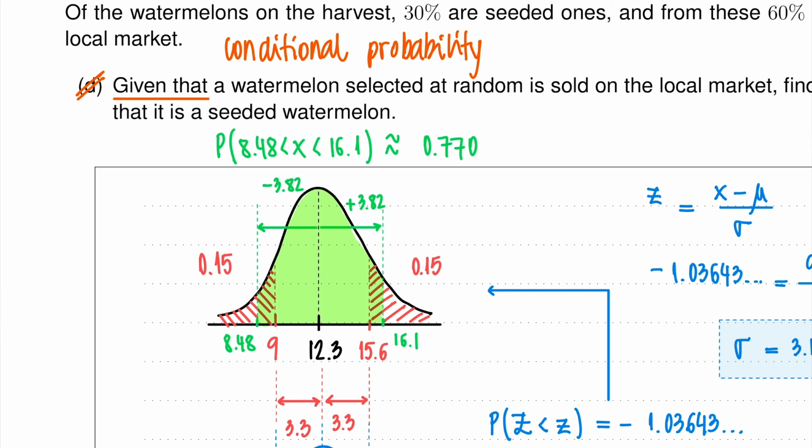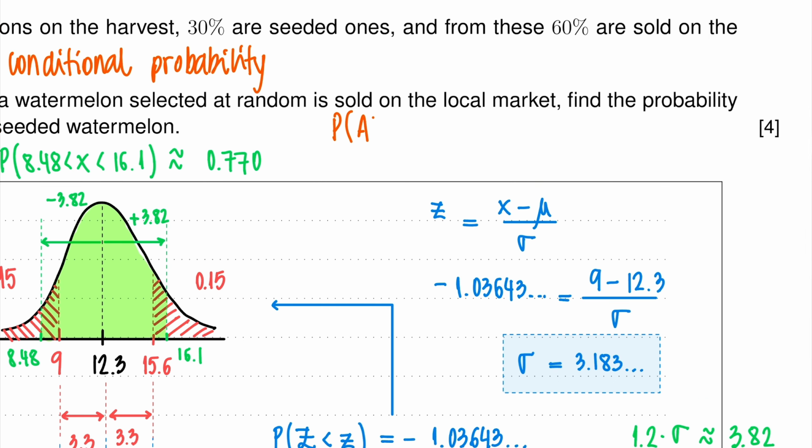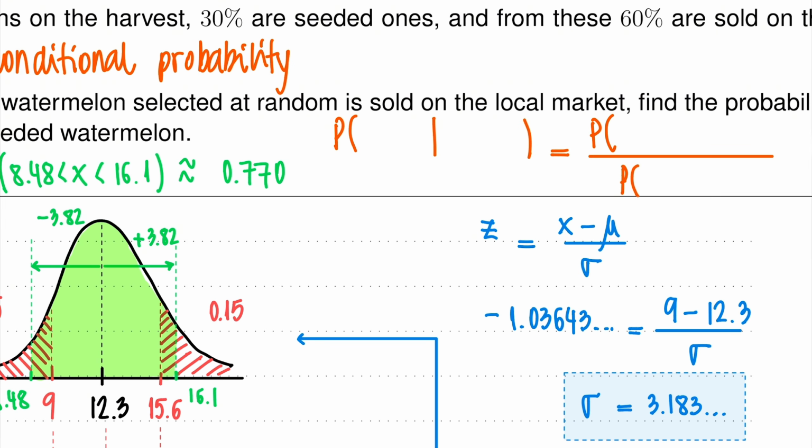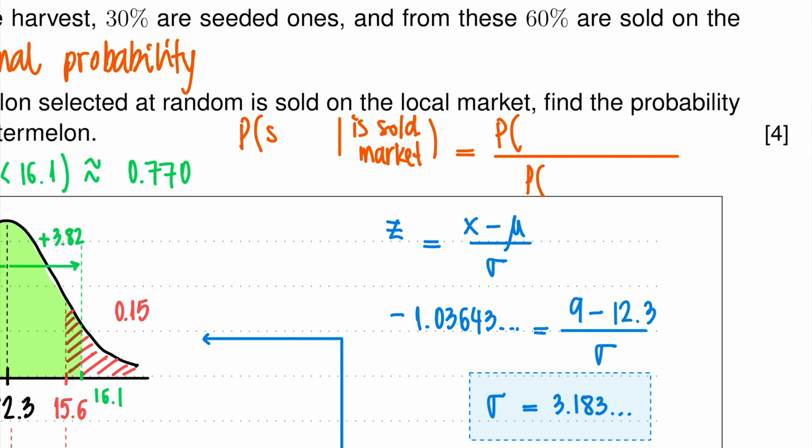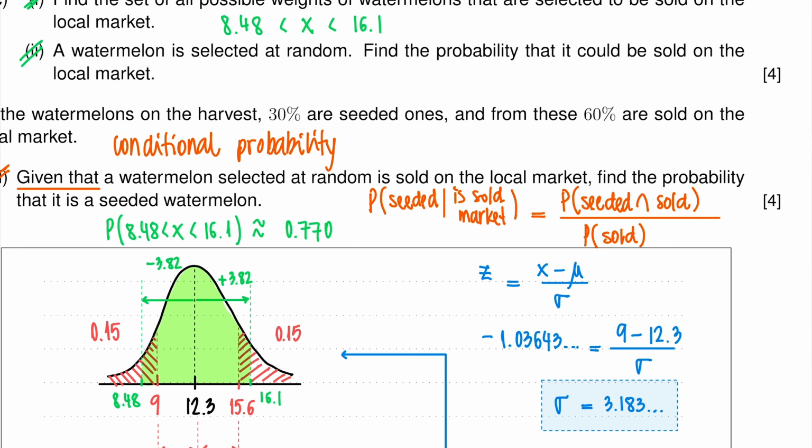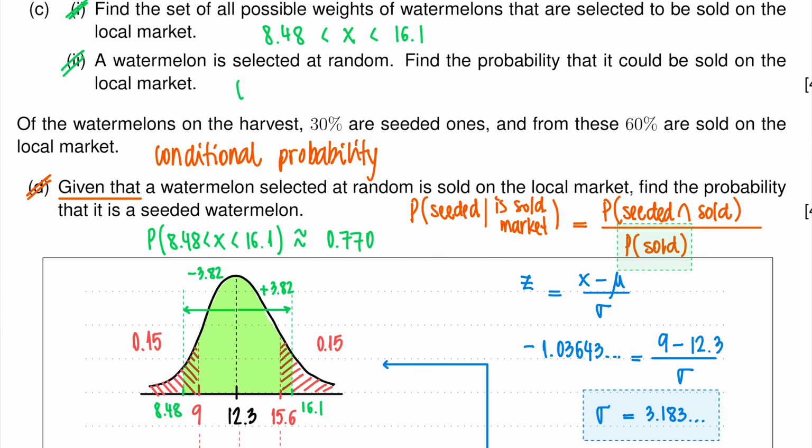How do we use conditional probability? The probability of A given B is equal to P of A and B over P of B. How do we translate this to this specific exercise? Given that the watermelon is sold in the local market, what is the probability that it's a seeded one? Well, it is the probability that it's a seeded that got sold in the market over the probability that it gets sold in the market. And notice that we have the denominator already from question C to I, which is